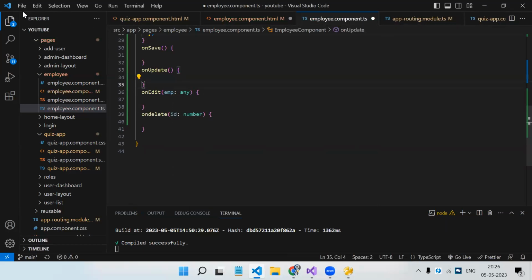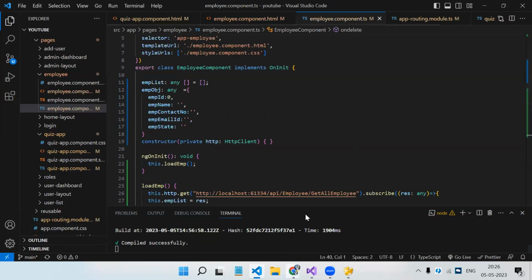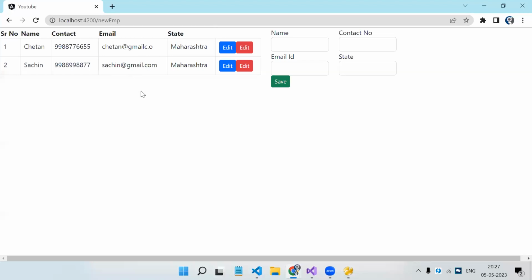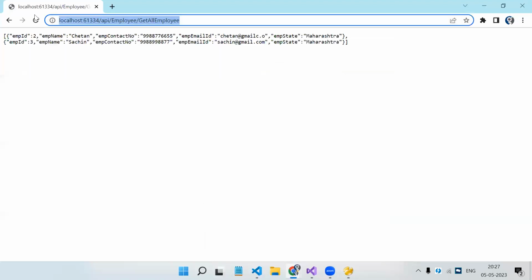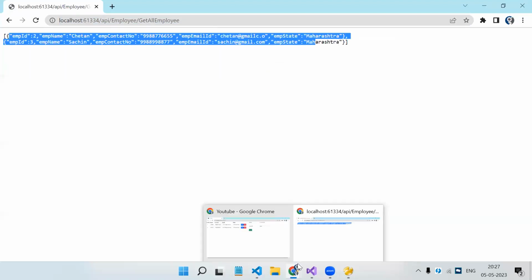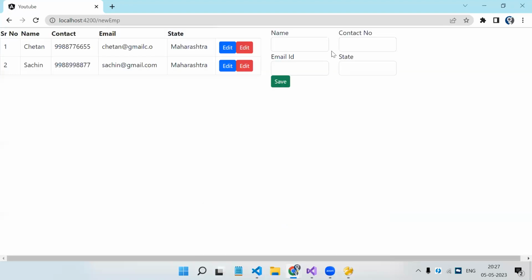Okay, so basic thing is done. Let's check if we get the record. Yes, so you can see in the current API, if you see here also we had the 2 records. So that 2 records are visible. Now, here we have the form to create new employee. So let's say Sachin, Rahul, contact number,